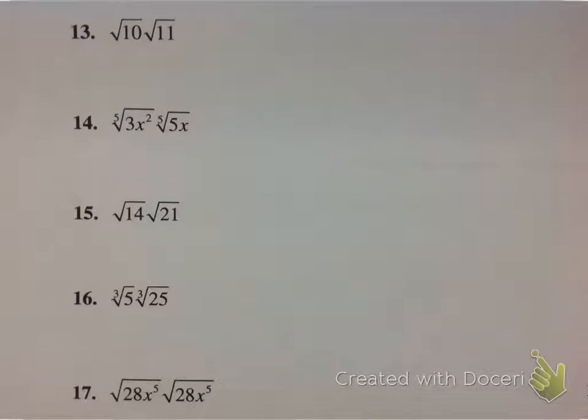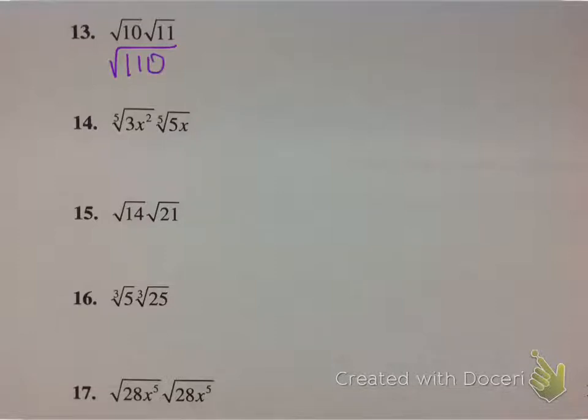So let's look at some examples. In these examples, they're set up as multiplication problems, and we can multiply them if their indices are the same. And then we can look at simplifying the product. So for the first one, when I multiply the square root of 10 times the square root of 11, I get the square root of